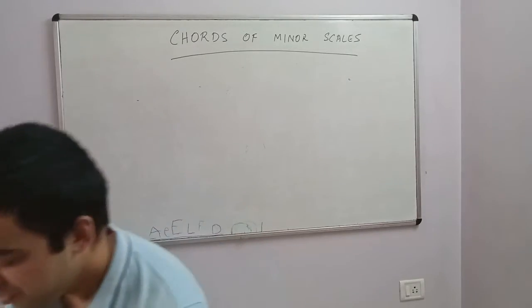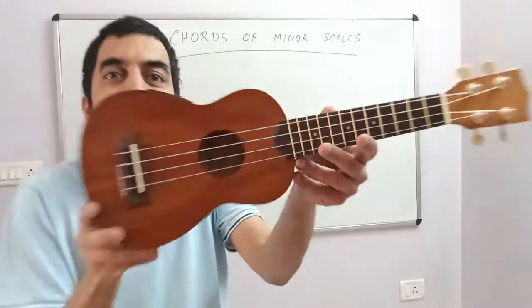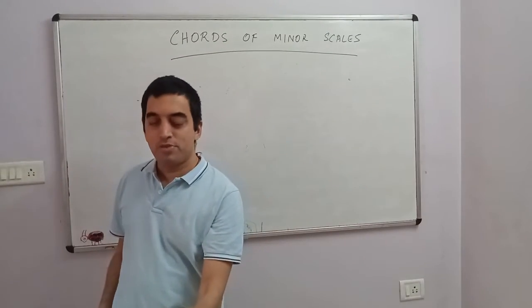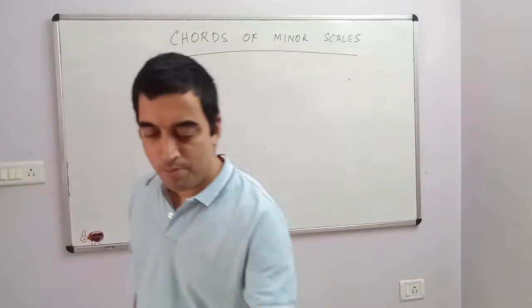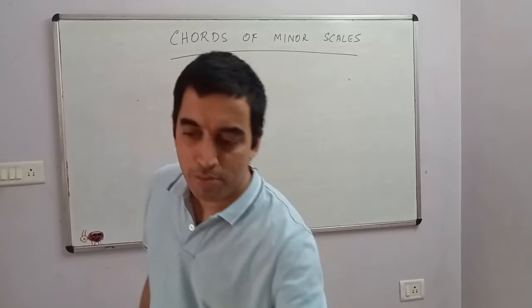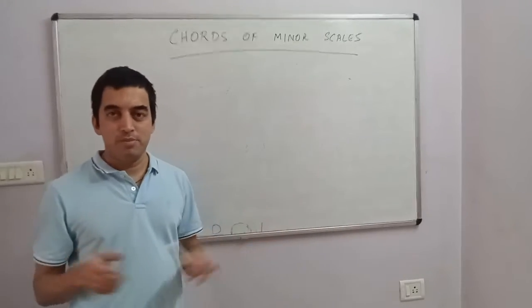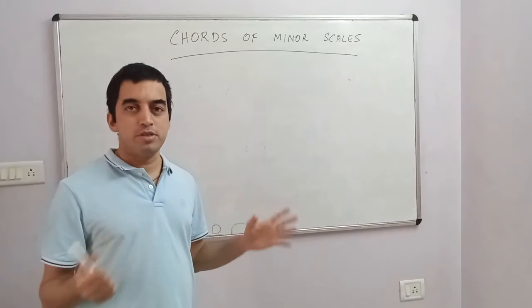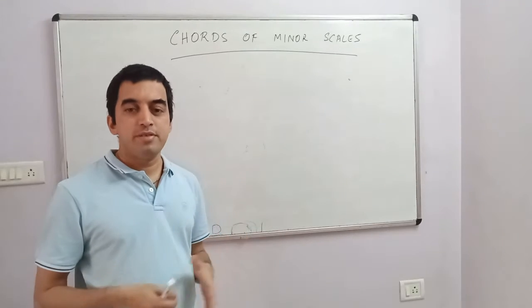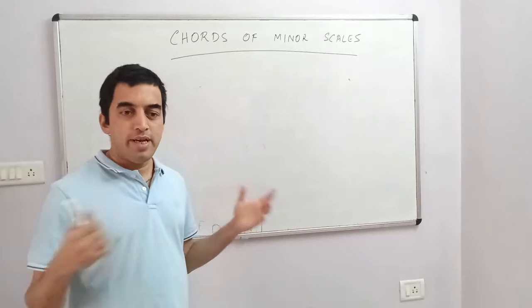Before I start, I got a little instrument. This is a ukulele, right? This is for my small friend, so it will be easy to play. This is from the Makala brand. I got it from Bajaj.com. I am not going to get anything from the company, but I just say you can order instruments online from reliable websites, safer, especially during these times, and you can play them and enjoy it.